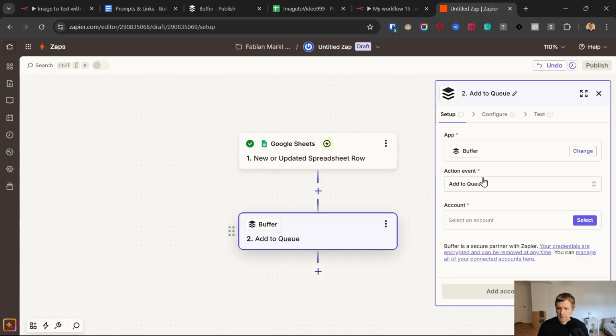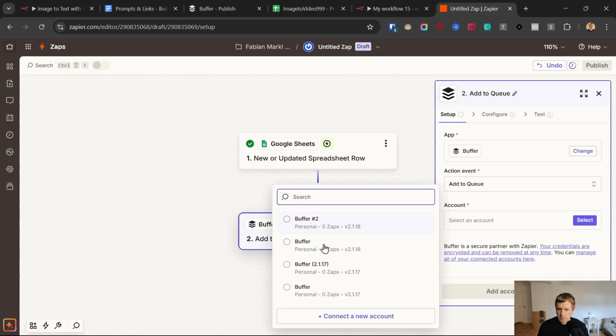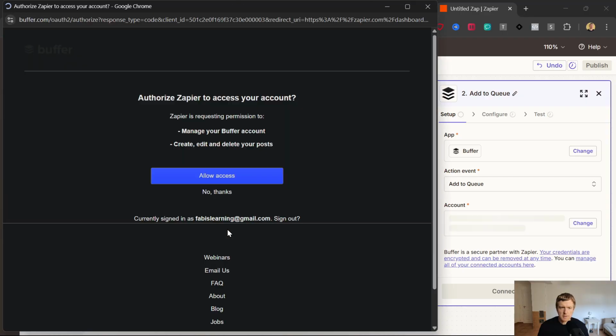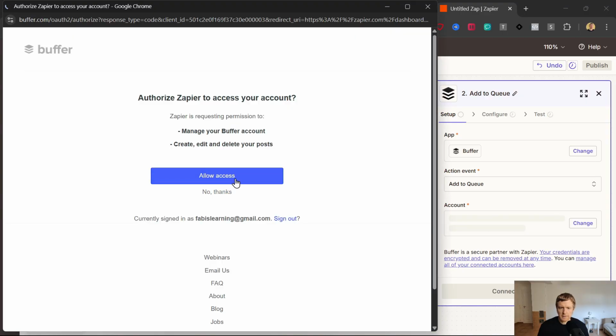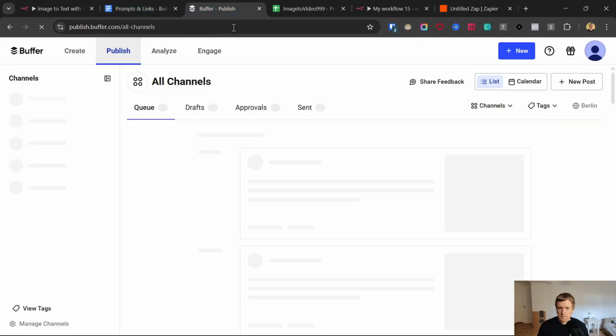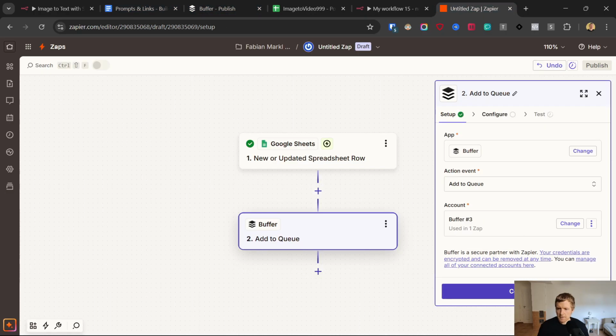First, here we select add to queue. And here select your account. You just click on connect a new account. And then it will just directly connect you to the account you already logged into when you created the account. And then here we click on continue,